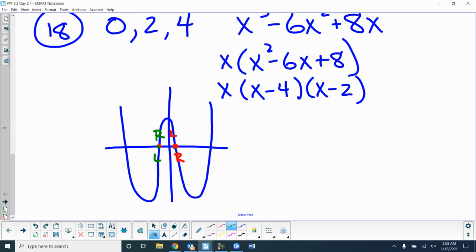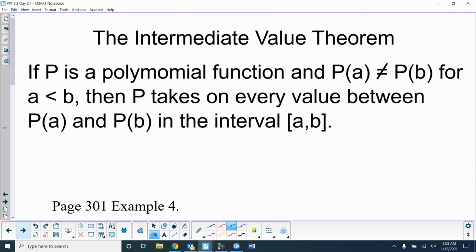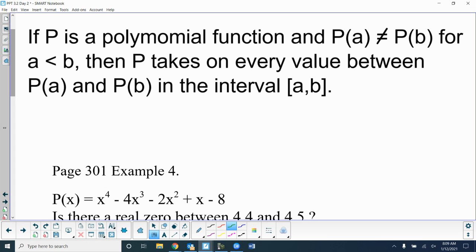Okay, adding to yesterday, doing today. This thing is called the intermediate value theorem. It says if P is a polynomial, so I use P, P is just the name of it. Sometimes we use f of x, this is P of x, or in this case, P of A and P of B. So we got a function, and P of A is not equal to P of B, and A is less than B. Then P takes on every value between P of A and P of B in the interval from A to B. So what it's saying is, if I have a graph,